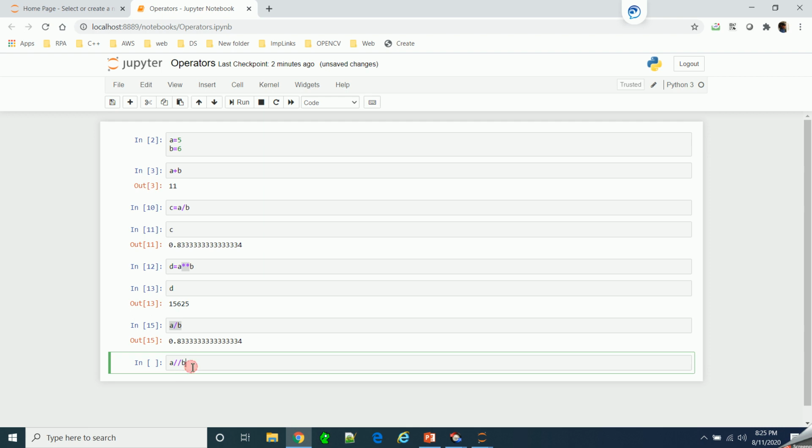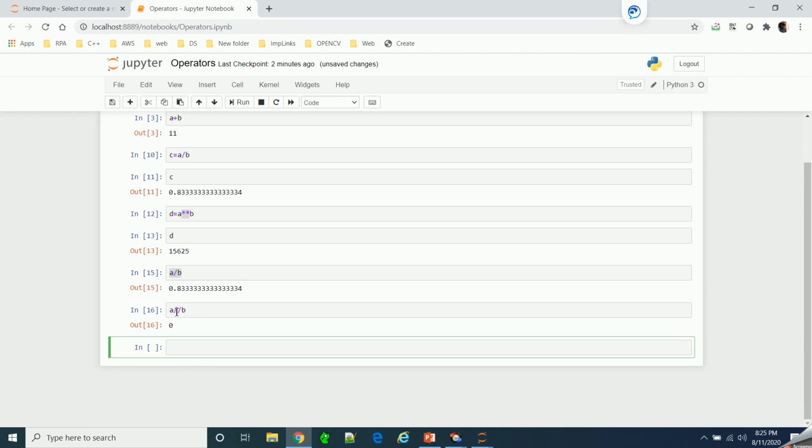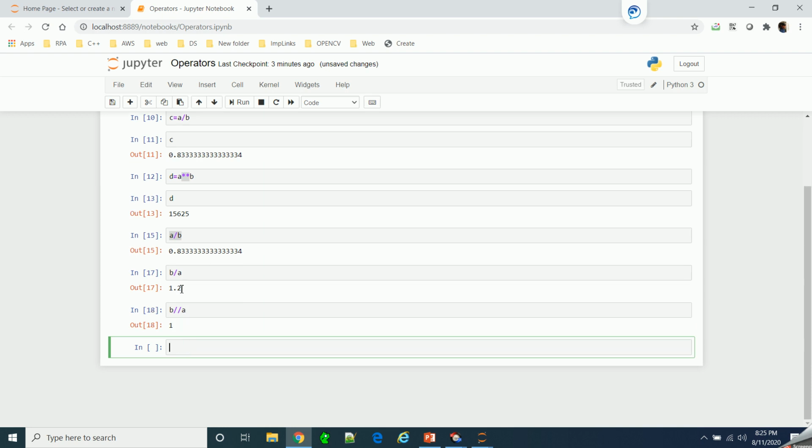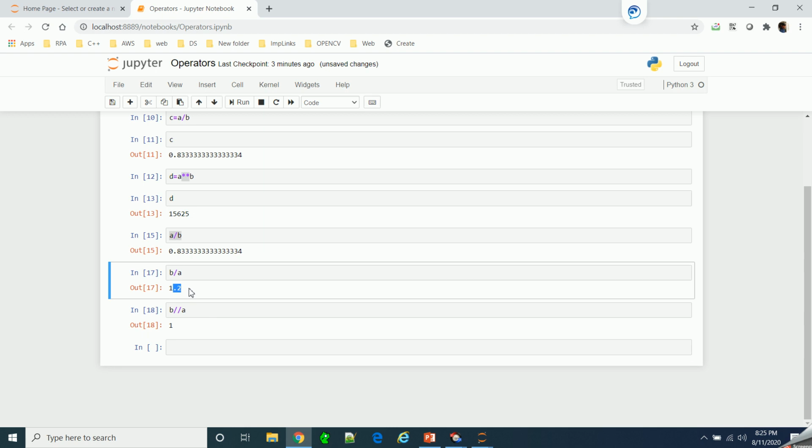If you do it the other way, like b divided by a, it is giving 1.2. If you do b floor division a, then in this case it will give you 1, because floor division means it will round the value. Whatever is there after the point will be discarded. So these were the various arithmetic operators that are used for various mathematical calculations.